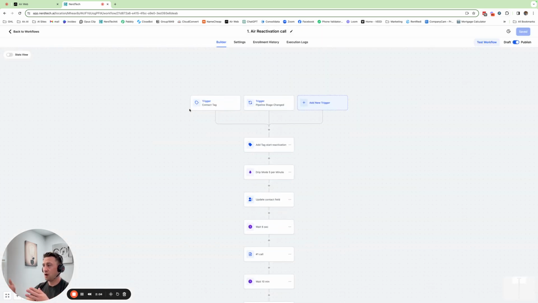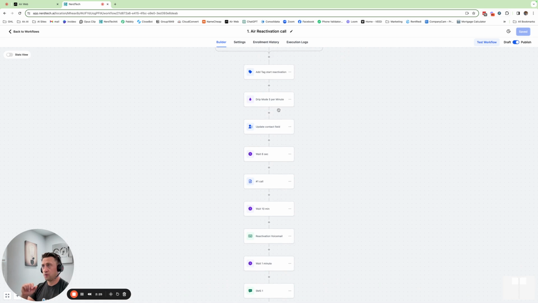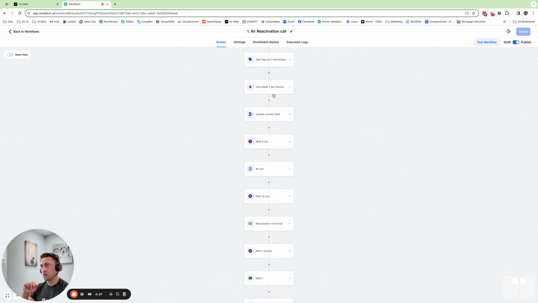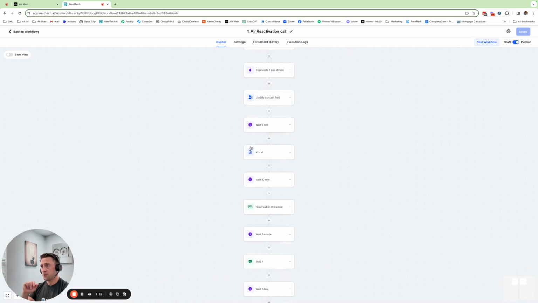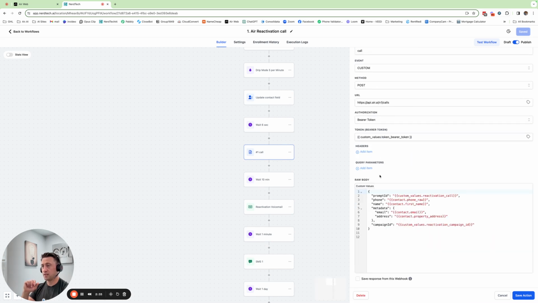So if I were to go to my contacts, I could select a group of contacts. They might be organized by tags. I can have saved filtered lists. But anyways, however my contacts are organized, I can take those contacts, I can select them, I can add them to this workflow automation here, and then the AI is going to actually call them. I have a few other things going on here, but it starts right here. This is the call, and this is where we connect it to Air,